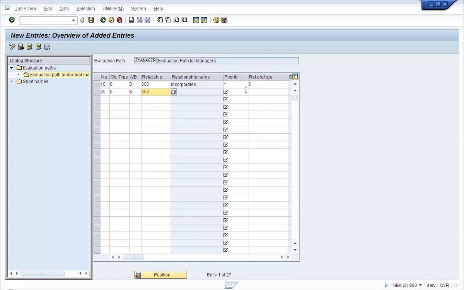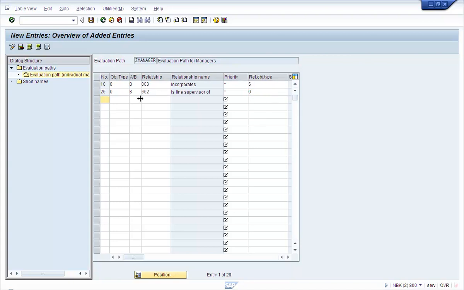As a manager, he or she should be able to access employees within the sub-org units. So this is the second row. The relationship is 2, is line supervisor of another org unit,